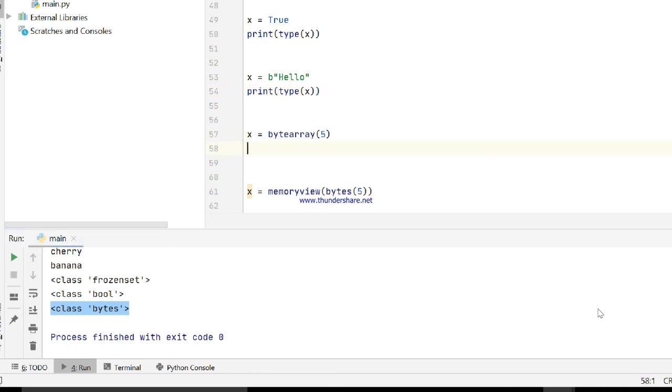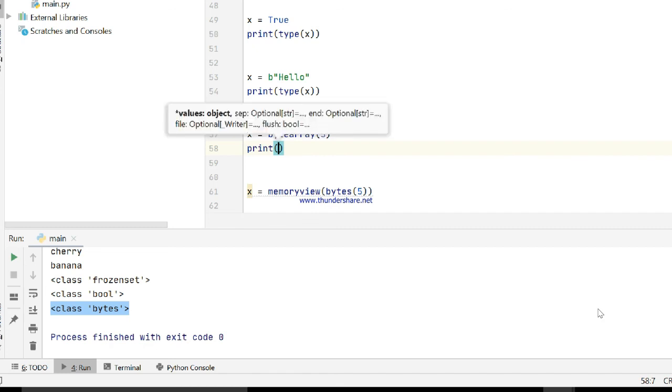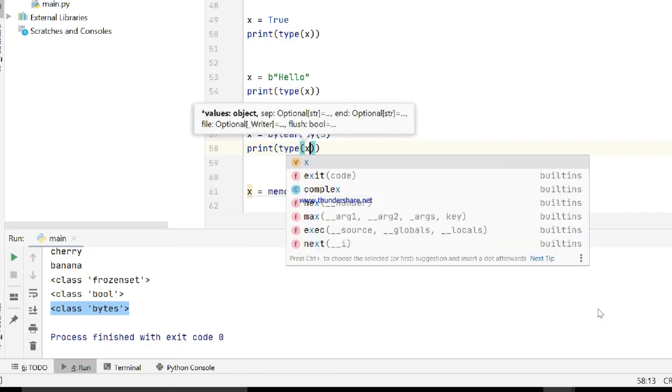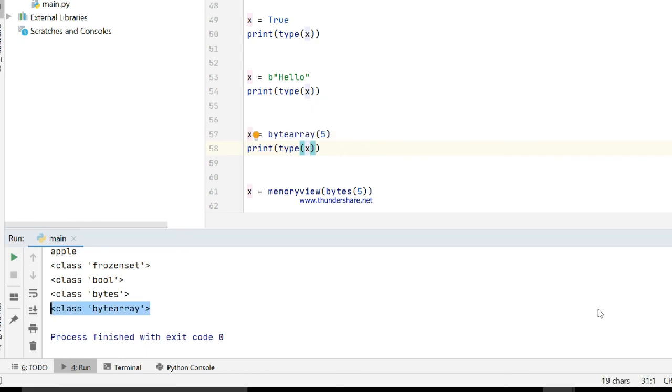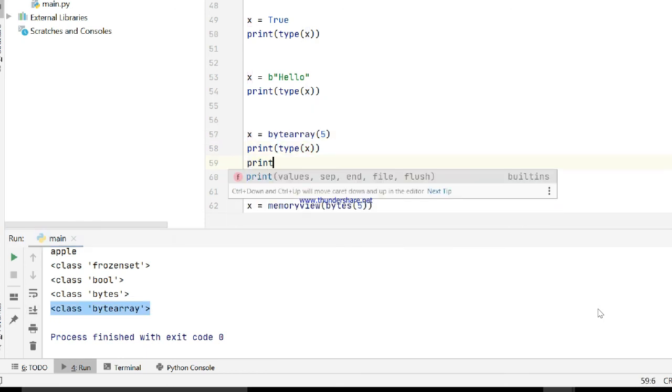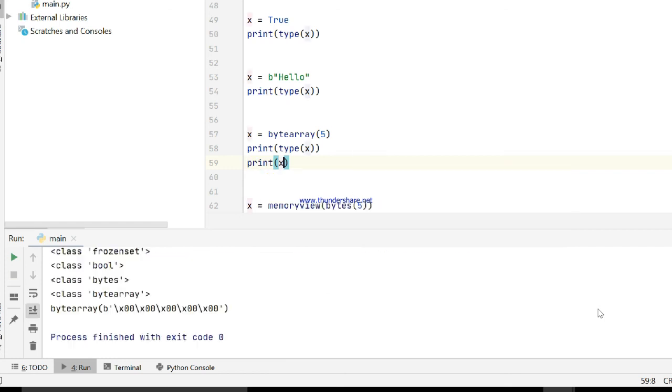Next one is bytearray. So if you just want to cross verify it, go with this. Here it is a bytearray, and if you want to print the value of this, then you can simply go with this. See the value of this.